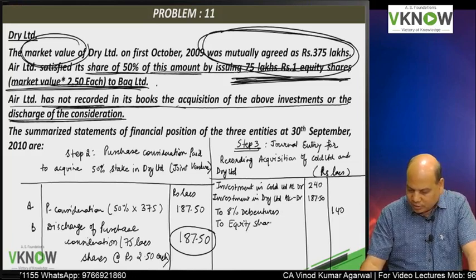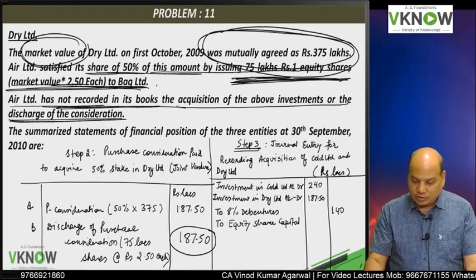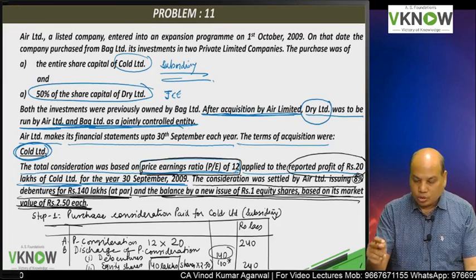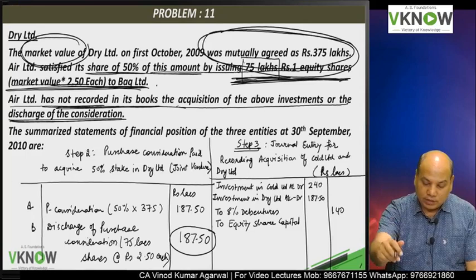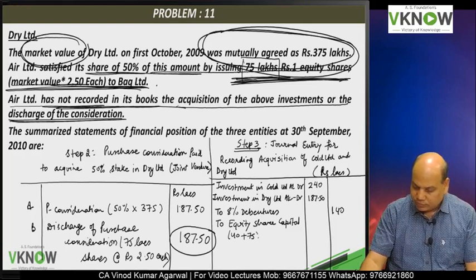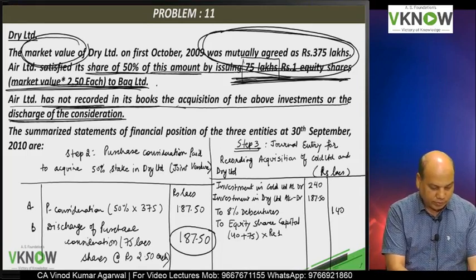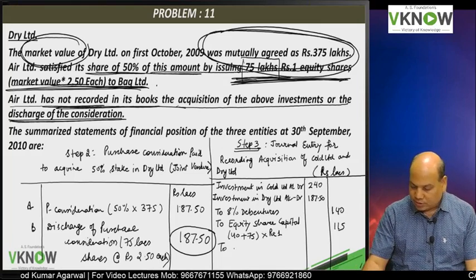To equity share capital, now understand, you have issued 40 lakh share to acquire Cold, and you have issued 75 lakh share to acquire Dry. So it will be 40 plus 75 into rupee 1, that is face value. 40 plus 75, 115, and to securities premium,